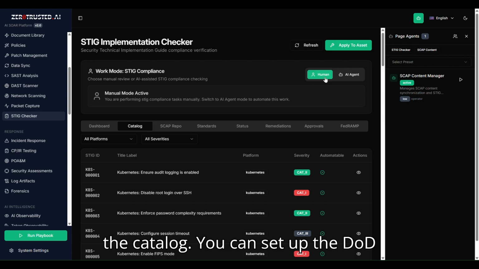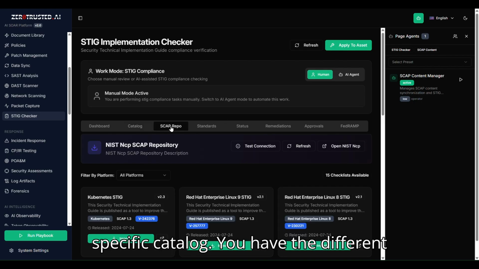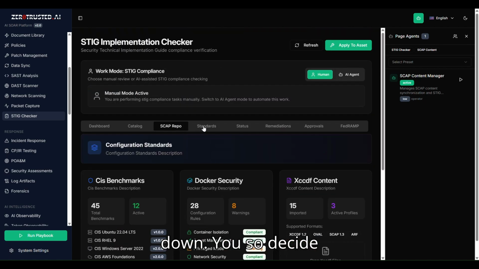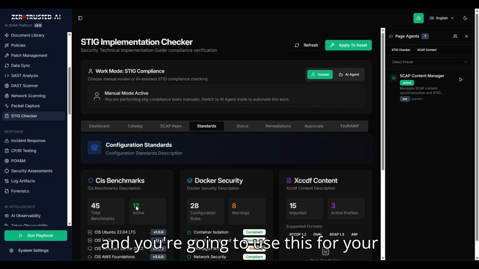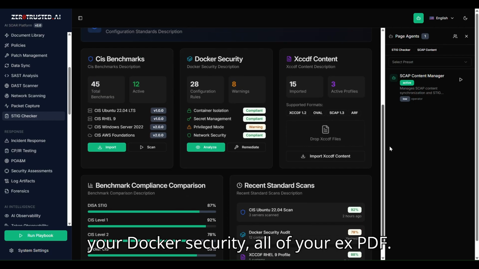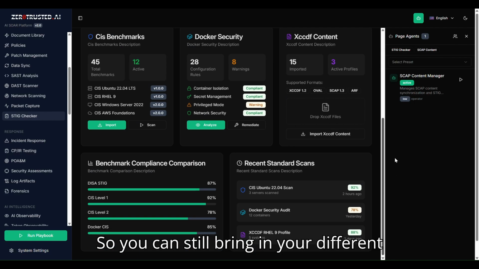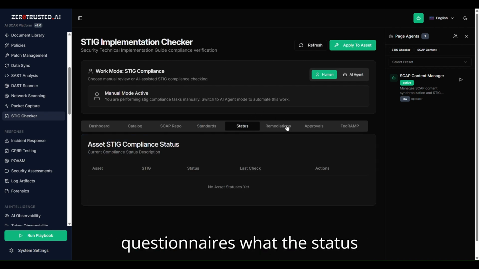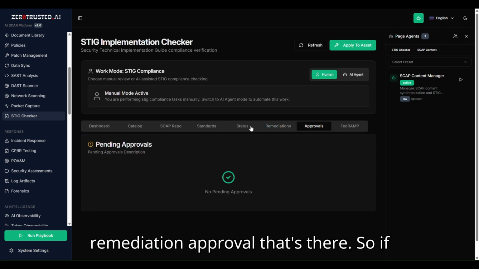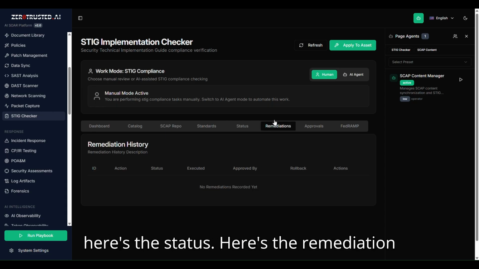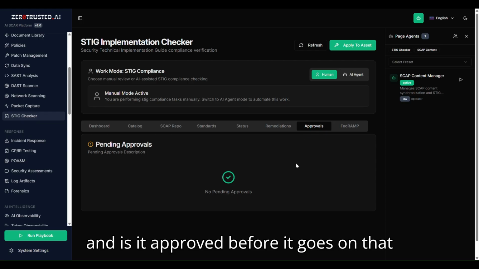You got the catalog. You can set up the DoD specific catalog. You have the different SCAP repos in here that you can pull down. If you so decide, and you're going to use this for your contractors, you can have CIS benchmarks, your Docker security, all of your XCCDF, so you can still bring in your different benchmarks. But even your interview questionnaires, what the status, remediation, approval, that's there. So if I'm about to apply something, here's the status, here's the remediation, and is it approved before it goes